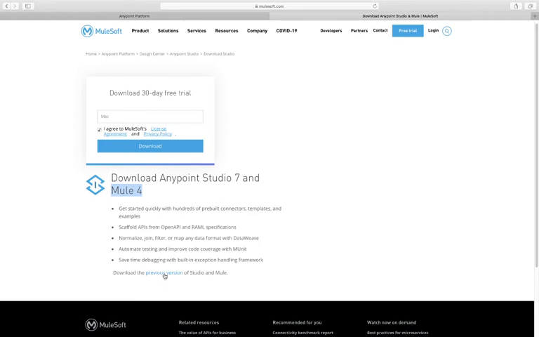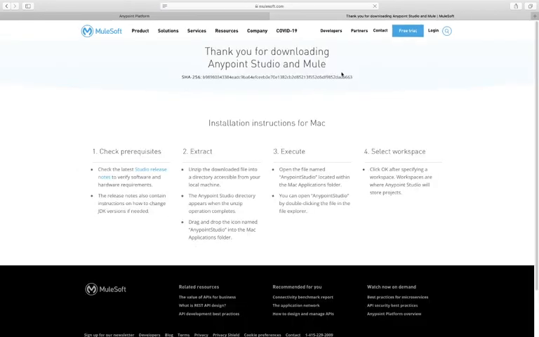For example, in my project I am using Mule runtime 4.1.4, so I need to download from the previous versions. So you will click here and select the related Anypoint Studio and Mule runtime. Then you will click on download, and based on your internet speed, it will take some time to download that software.